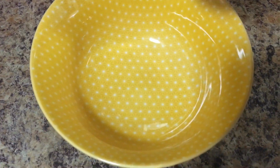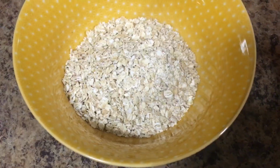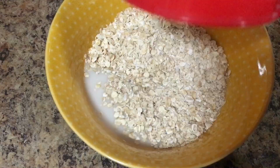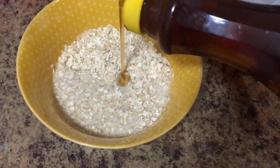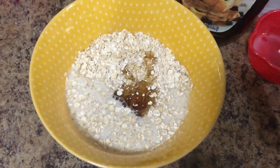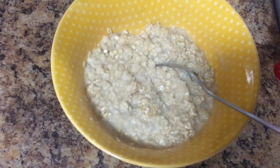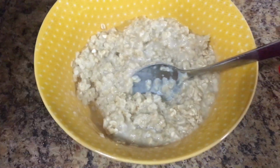I'm going to take half a cup of quick cooking oats, and then I'm going to add half a cup of unsweetened vanilla almond milk. I'm going to add some sugar-free maple syrup to sweeten it up. Then I'm going to microwave it for about a minute and 30. I'm going to put a little more milk in it to cool it off. And then I'm going to put